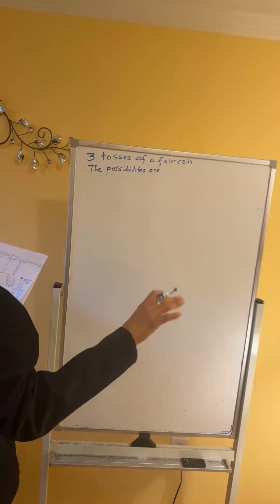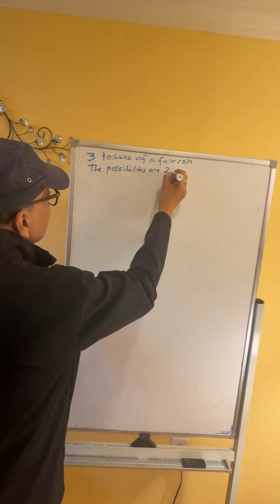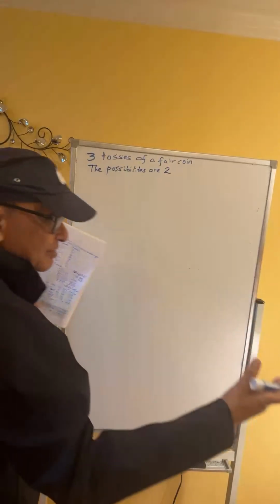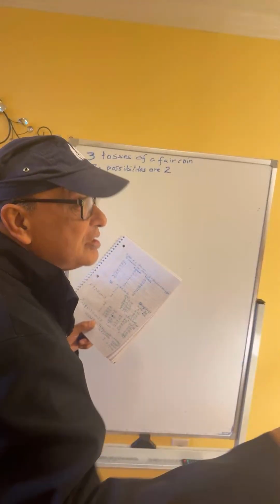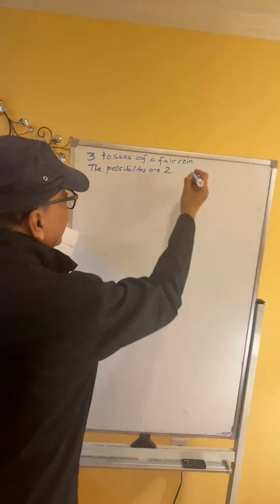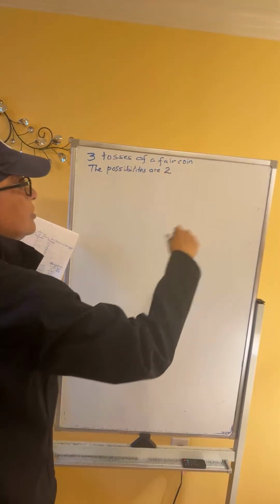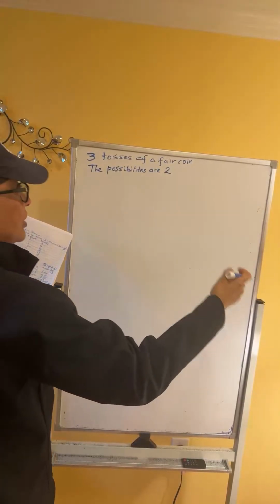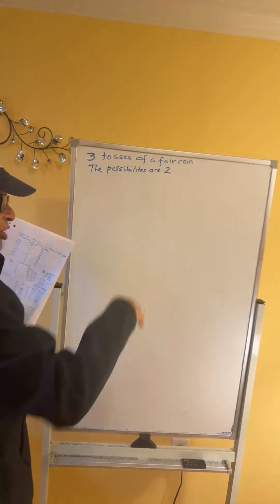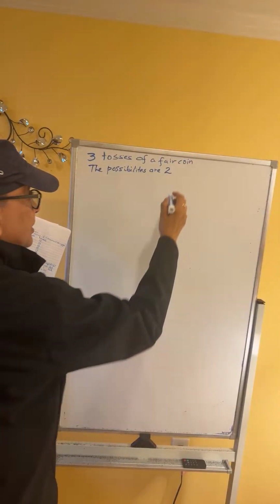each coin we can get either a head or a tail. So each coin there are 2 possibilities, and they are independent. Each toss is independent of the other. What is independent? Independent means what you get in the first toss is not going to influence what you get in the second toss. So this is the number of possibilities for the first toss. Then we are tossing the coin again, and what we get in the second toss is not determined by what we got in the first toss. So they are independent of each other.